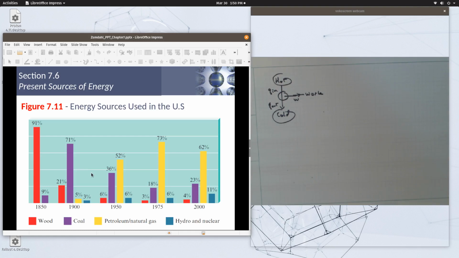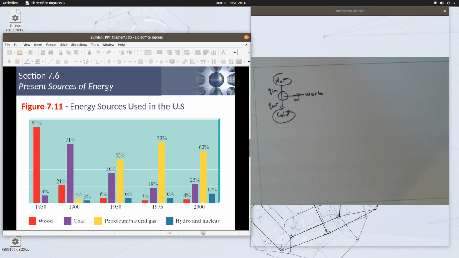What's the vertical axis on this? I guess this is the amount of sources per year of different quantities. So it gripes me very much when authors don't include axis labels. Always include axis labels. So in this particular plot, we have to guess, and I believe this is what it is: in 1850, 91%